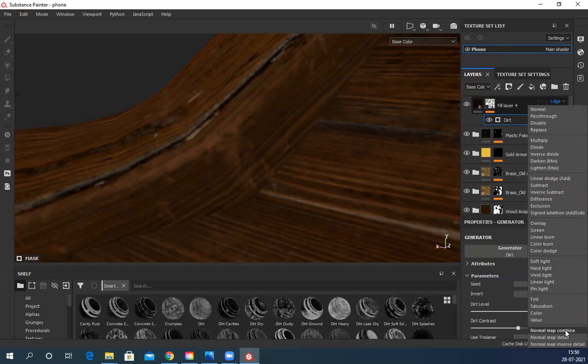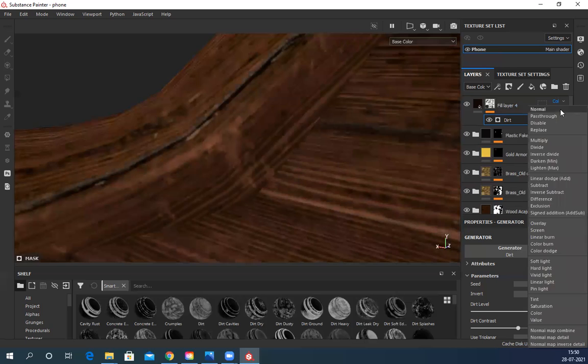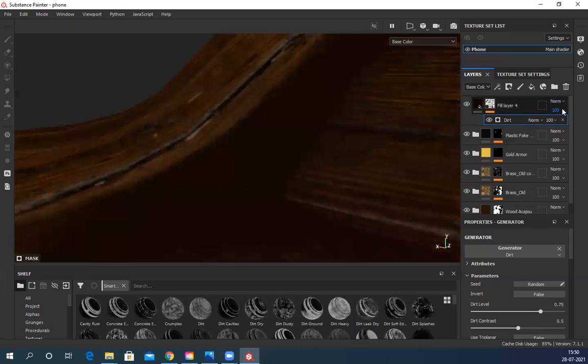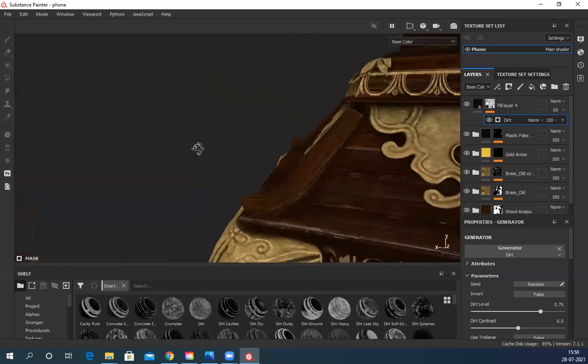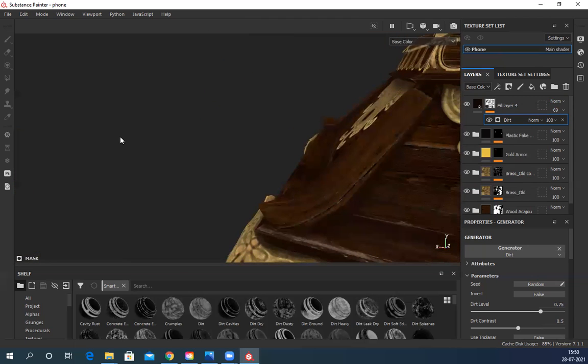Normal map combine, or color, that is also not very nice. Okay, let's keep it normal. Reduce intensity, so it becomes slightly darker. I can see darker tones, and plus I can see details as well. So that is very important. You need to have details plus tonal variation.